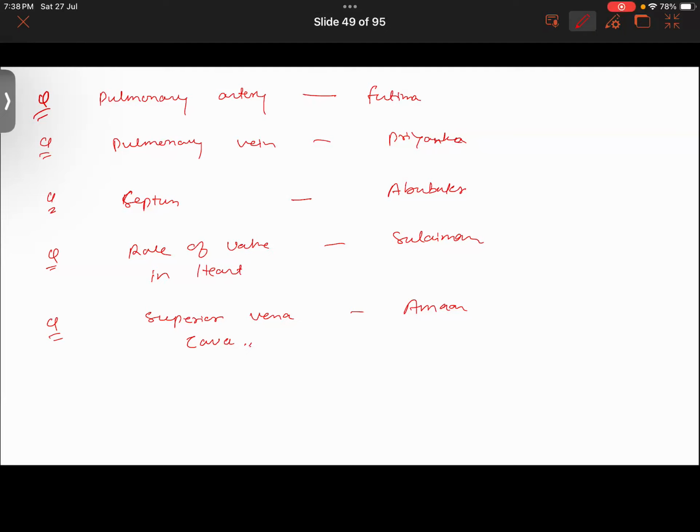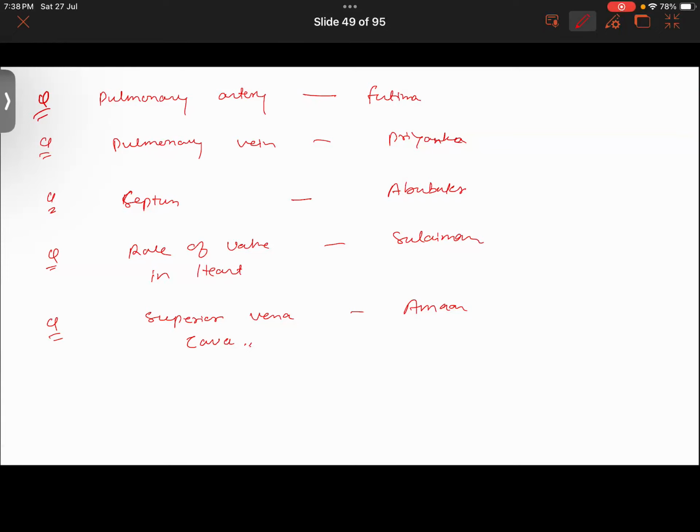Good. So it is basically separating the chambers. It is separating the chambers of the heart and prevents the oxygenated blood from mixing with the deoxygenated blood. So thereby it is very important. Good. And it prevents blood from